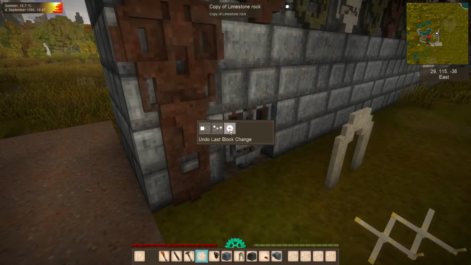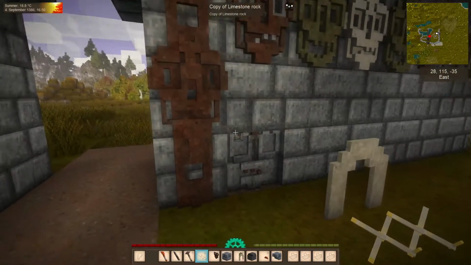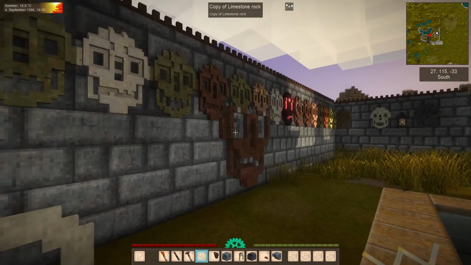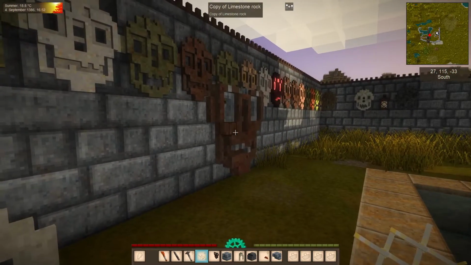And that's not what I meant to do. I forgot what mode I was in. I want add copy shape mode, and there we go. Now you can see it does its best. It looks a little weird, but that's just because of